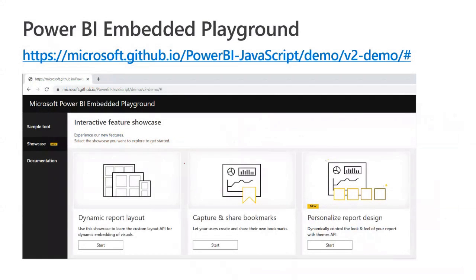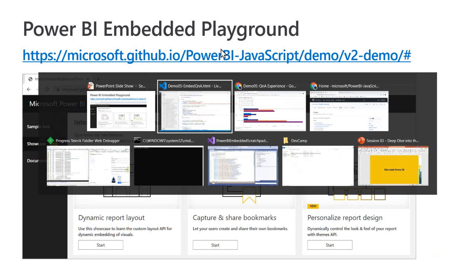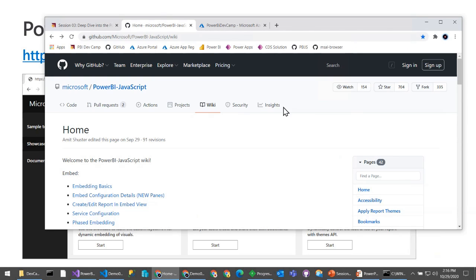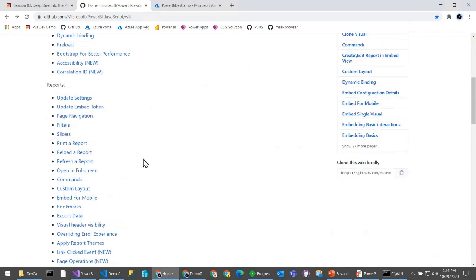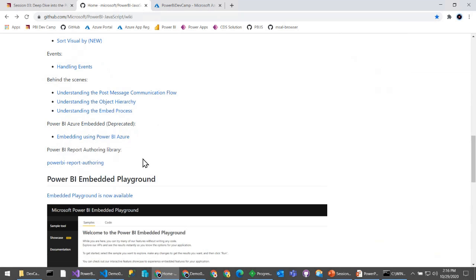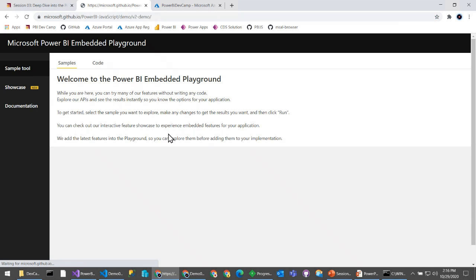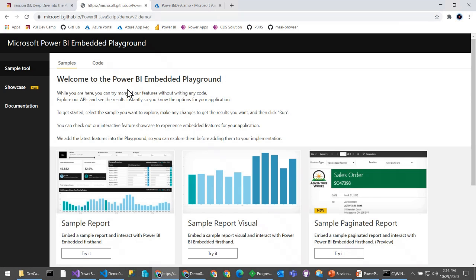Okay, one last thing in this intro section is that Microsoft has put a lot of time into something which is the Power BI embedded playground. I wanted to put a URL here. I wanted to show my demos all hour, so I wasn't going to show their demos, but just to point you to it, if I go to this one particular URL, what you can see here is that